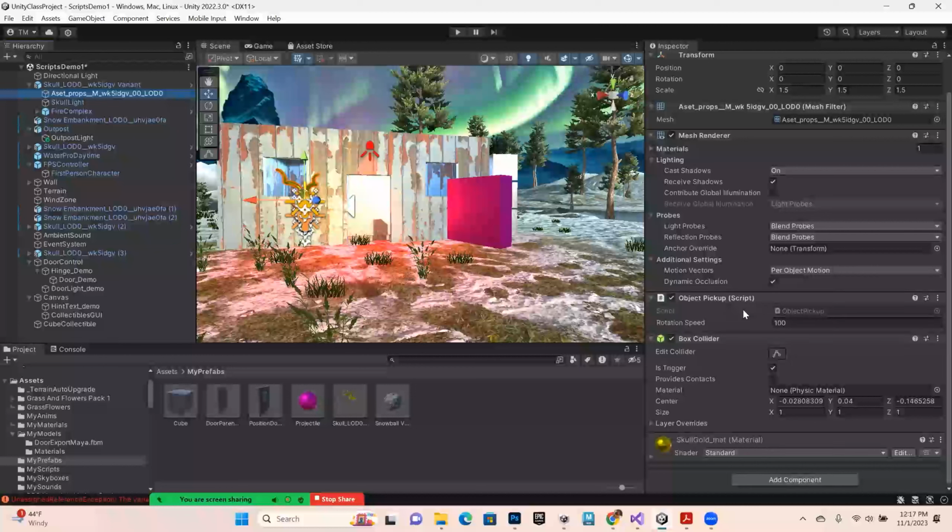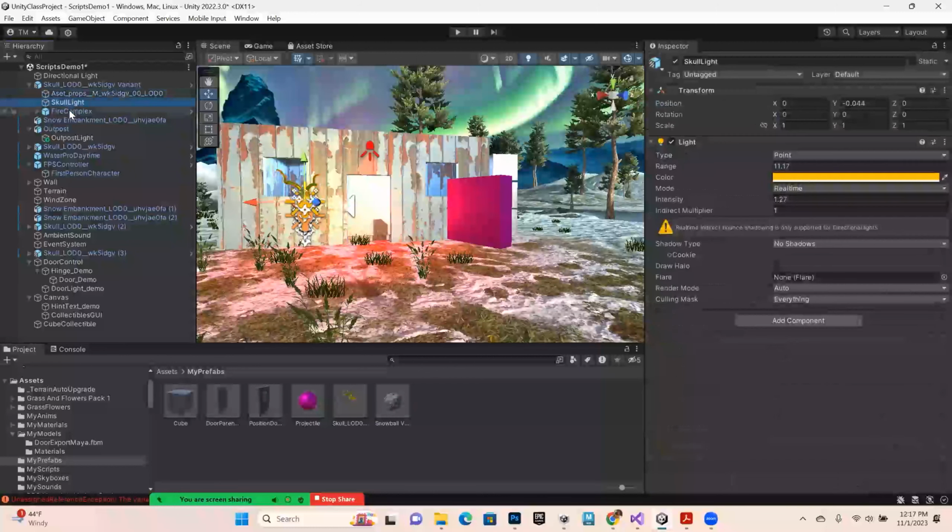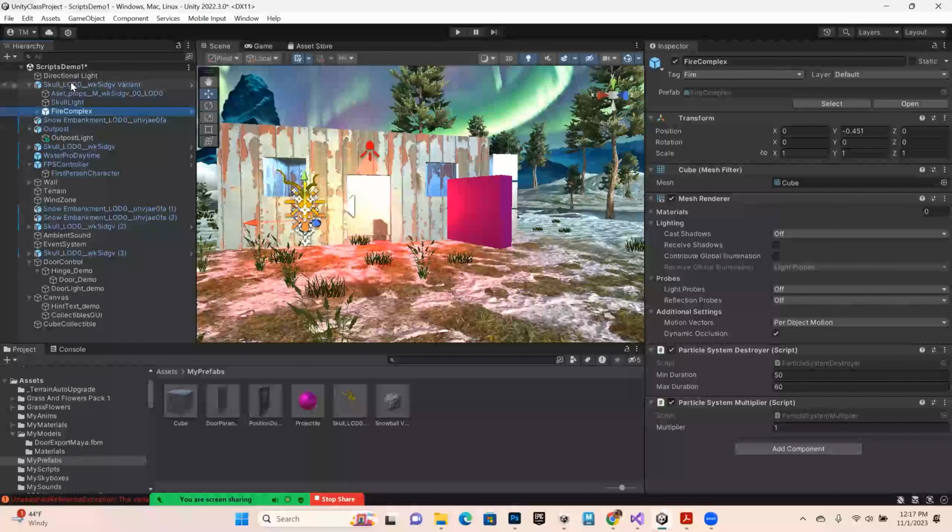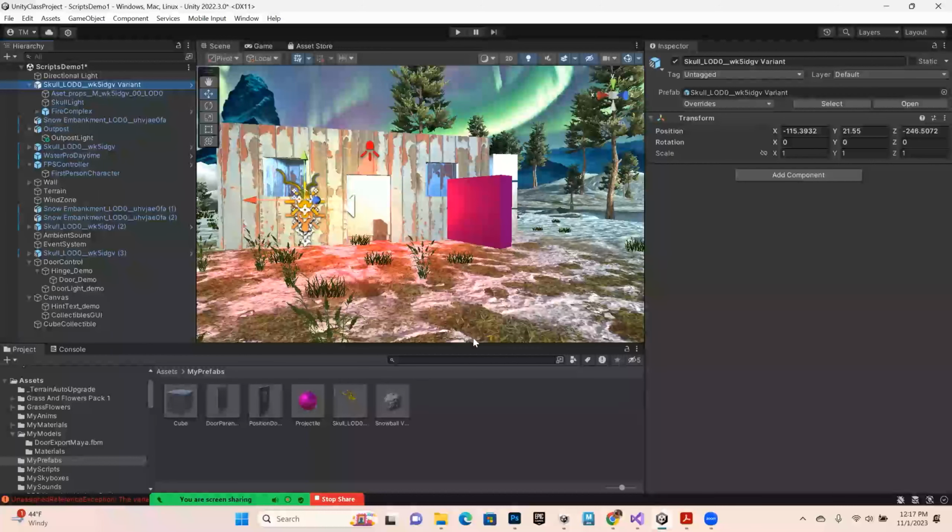And here's the object pickup script too. And then I have also a light and a fire complex, and all that stuff's child to this sort of top node. Now, if we're doing something simpler and we're just doing a cube,